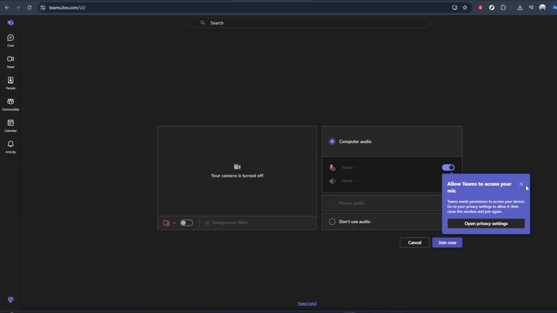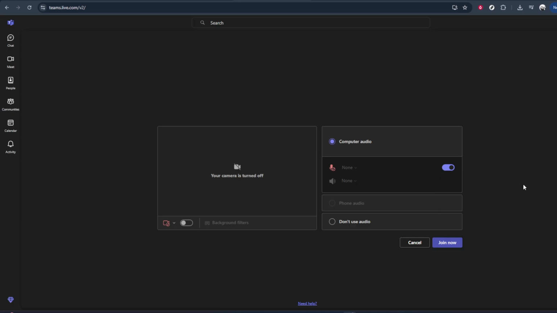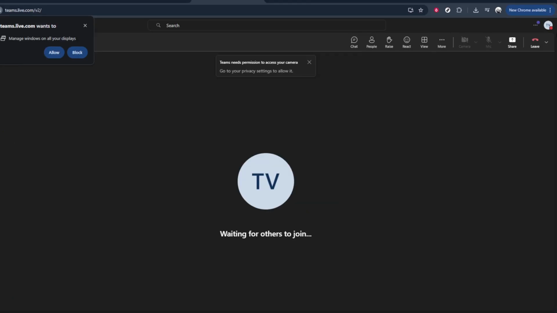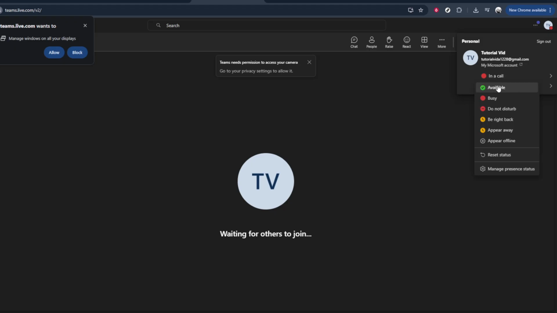Once the link is created, you'll see a Join button associated with this meeting. Click on Join. This will start the meeting in a new window or panel. Before you actually enter the meeting, Teams will show you a preview screen with options for your camera and microphone. To avoid any interruptions or accidental noise, click on Continue without audio or video. This ensures your dummy meeting runs quietly in the background without broadcasting anything. Then click on Join Now to fully enter the meeting. At this point, you are in a one-person meeting, and Teams generally treats you as active and available while you